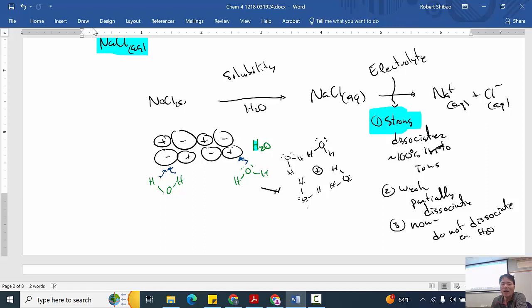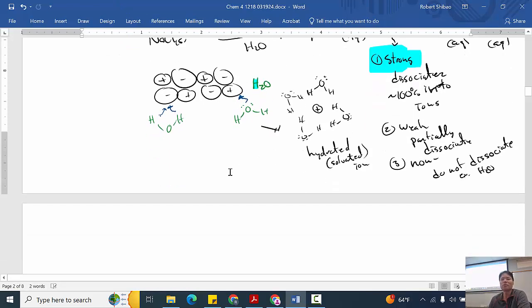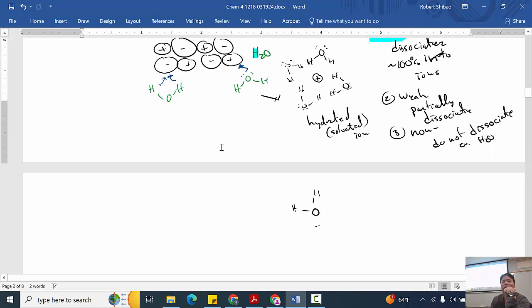This is called a hydrated or solvated ion. And water is good at doing that because the hydrogens can go towards negative ions and the oxygens can orient towards positive ions. So the oxygen end would be pointed towards the